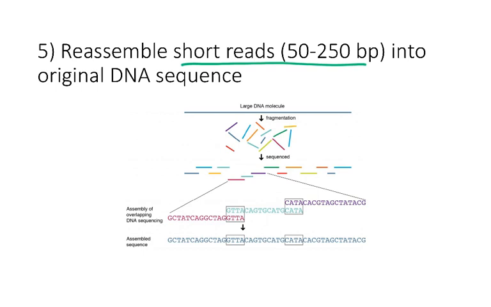So what you have to do with that data is reassemble it into the original DNA sequence, the original full-length gene sequence that it came from. So that's illustrated here. We have our full DNA molecule that we fragment into small pieces. We sequence each of those small pieces, and then what we do for this assembly step is look for overlapping DNA sequences. So it's kind of like when you're putting together the ends of Lego blocks, for instance, you're fitting them together. And this is all done by bioinformatics programs, but what you're doing is essentially looking for these regions